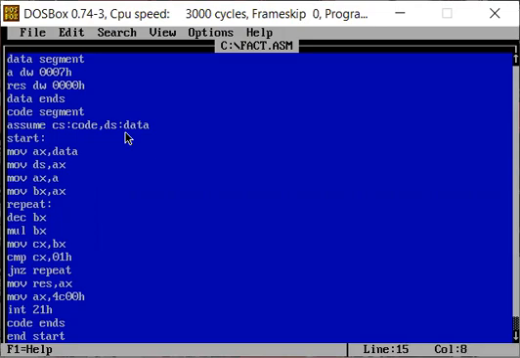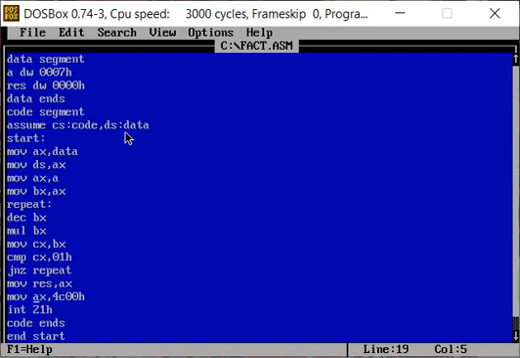Then we copy the BX value to the CX register also, and then we compare CX with 1. If it is equal to 1, then it will not execute the jump statement. If the comparison is not true, then it will go back to the repeat label, and it will execute the BX decrement again.